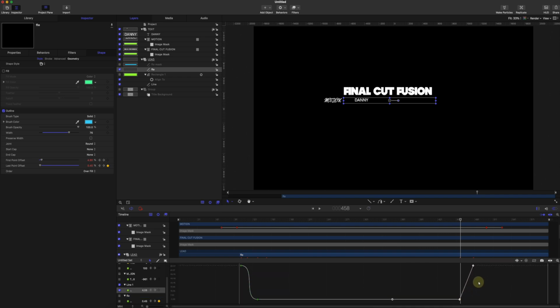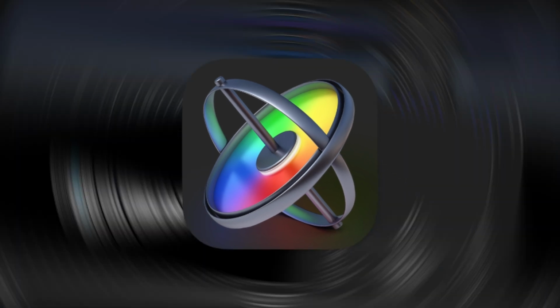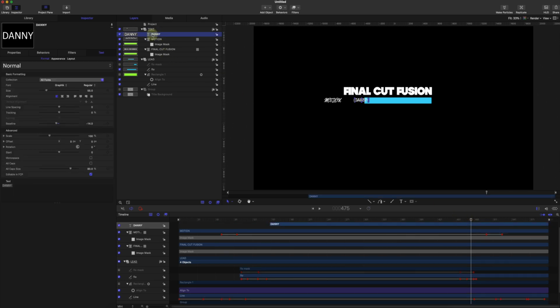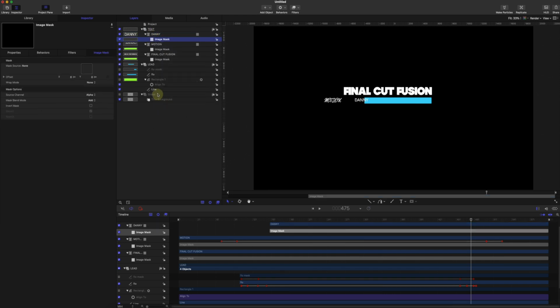It's a bit complicated, this one, if you're not familiar with the keyframe, but if you play with those ones, you're gonna get used to it. Just want to drag, sorry, I just want to break tangent, and just want to play with those ones. That is the final result, it is pretty much nice, and we're gonna go in for put Danny as a text, and I'm gonna put it on the add image mask and drag our flow mask that we made